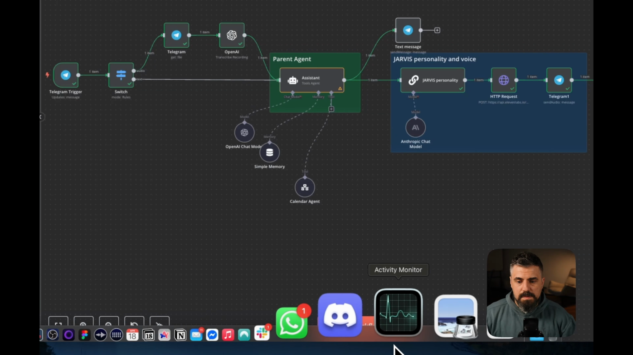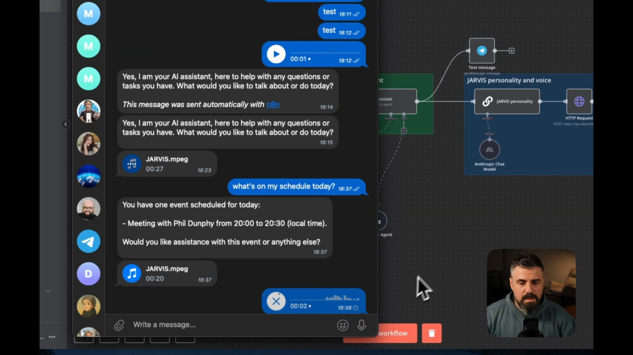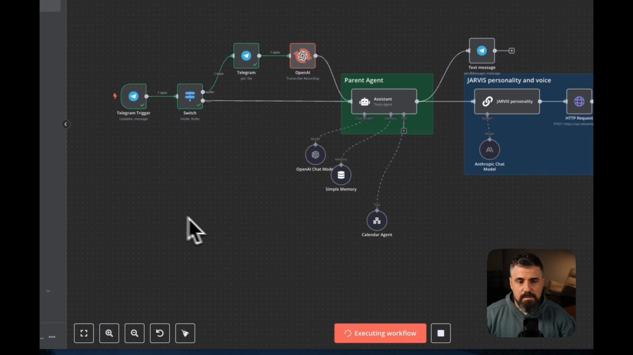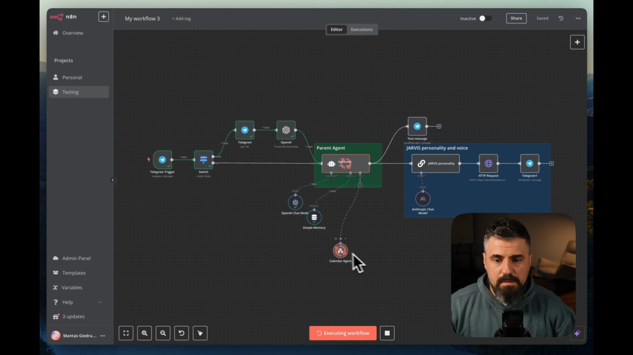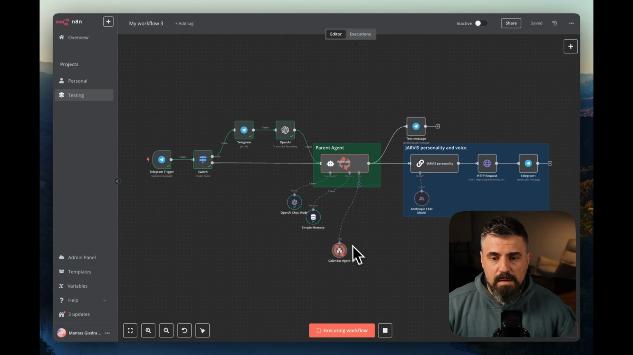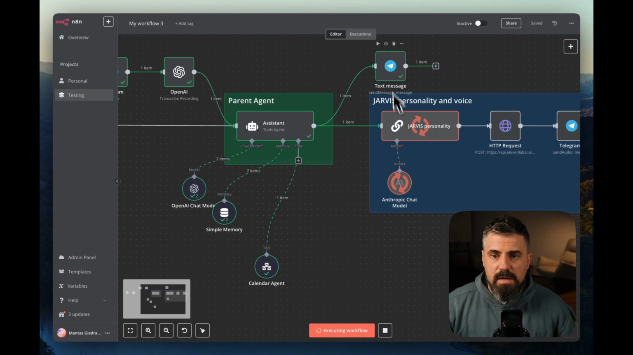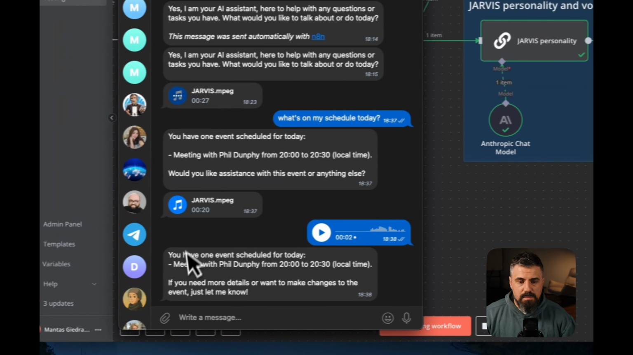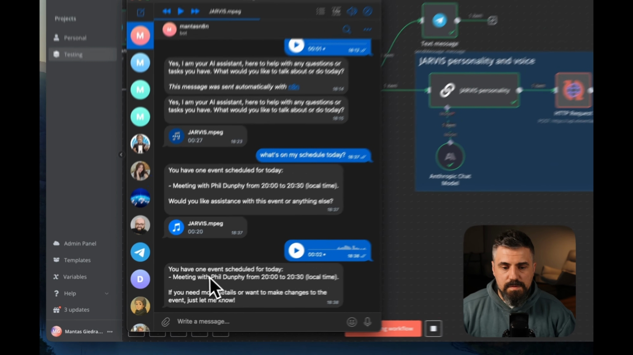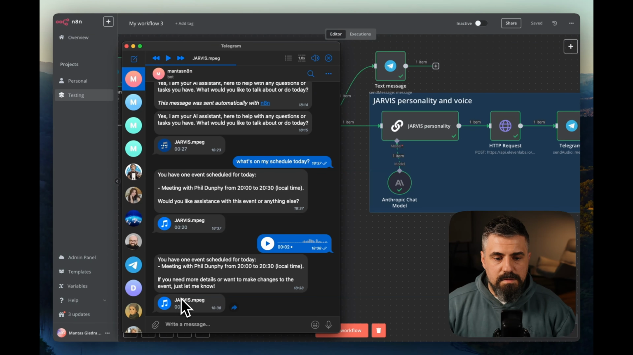All right, let's test this out. What's on my schedule today? I will test the workflow. It goes through, it goes into the calendar agent, gets the message back. I get the text already. You have one event scheduled for today. And Jarvis,